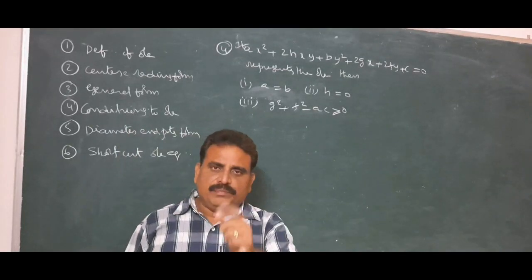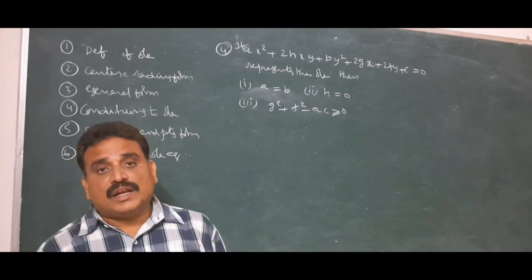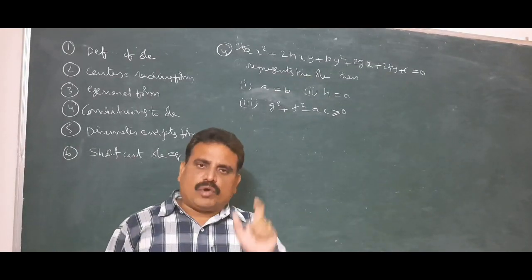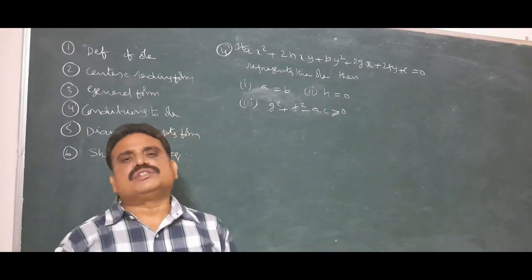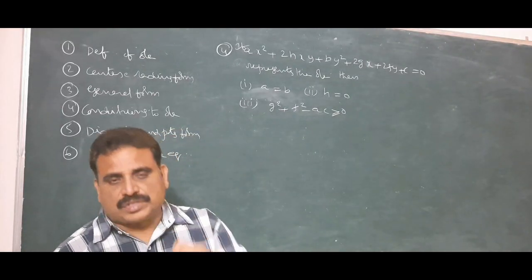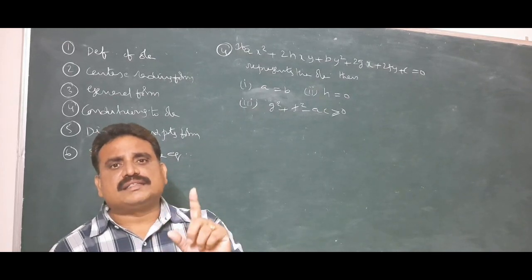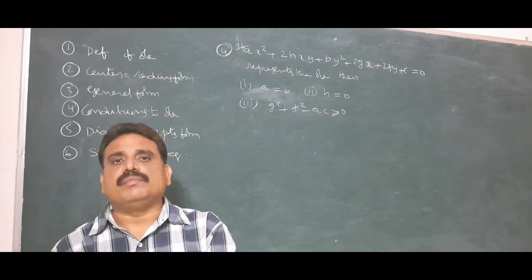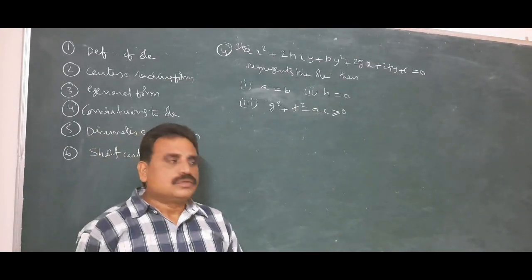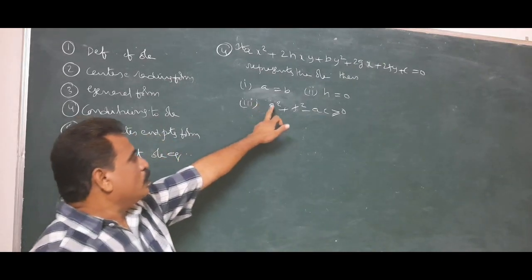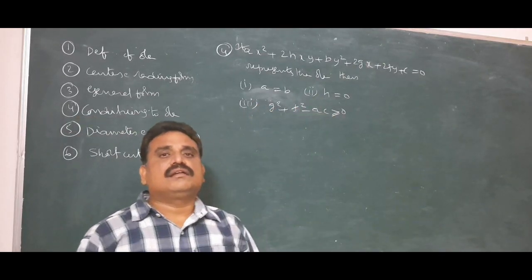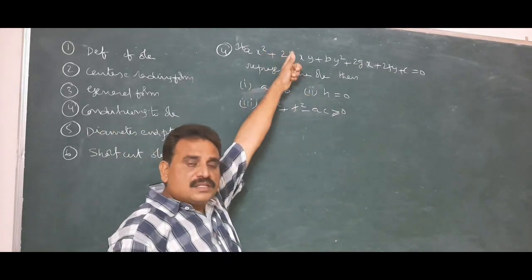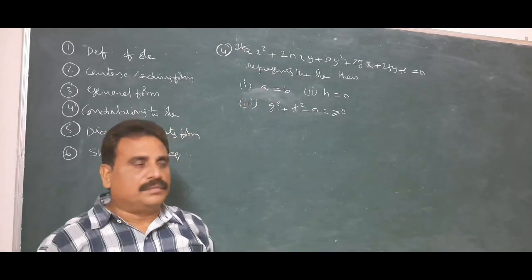Let us observe the second equation, that is the general form. In that, radius is root of g square plus f square minus c. The quantity under root must be positive. There is one condition in that equation, that is g square plus f square minus c greater than or equal to 0. Why greater than or equal to 0? Otherwise, the radius is an imaginary number if it is less than 0. In the same way, g square plus f square minus ac must be greater than or equal to 0. If it is less than 0, it does not represent a circle. If it does, it becomes an imaginary circle.